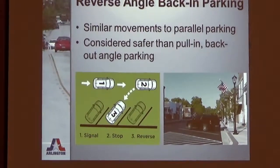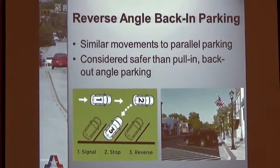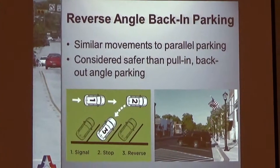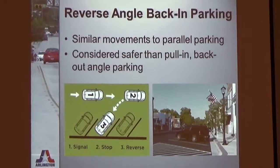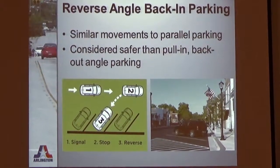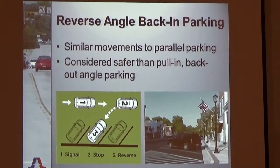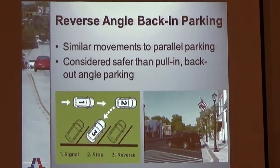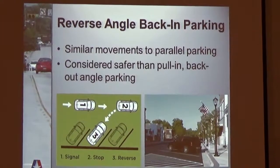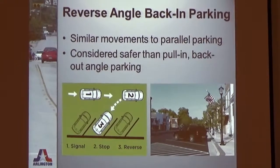So I understand the concept, but what I'm envisioning is I pull up so that I can back into my parking spot, and the guy behind me pulls up behind me waiting for me to proceed, and now I cannot back into my parking spot, you see? That happens in parallel parking sometimes too, and it's the same situation, I think. When I'm trying to parallel park, you may have to almost come to a stop before you get to that space